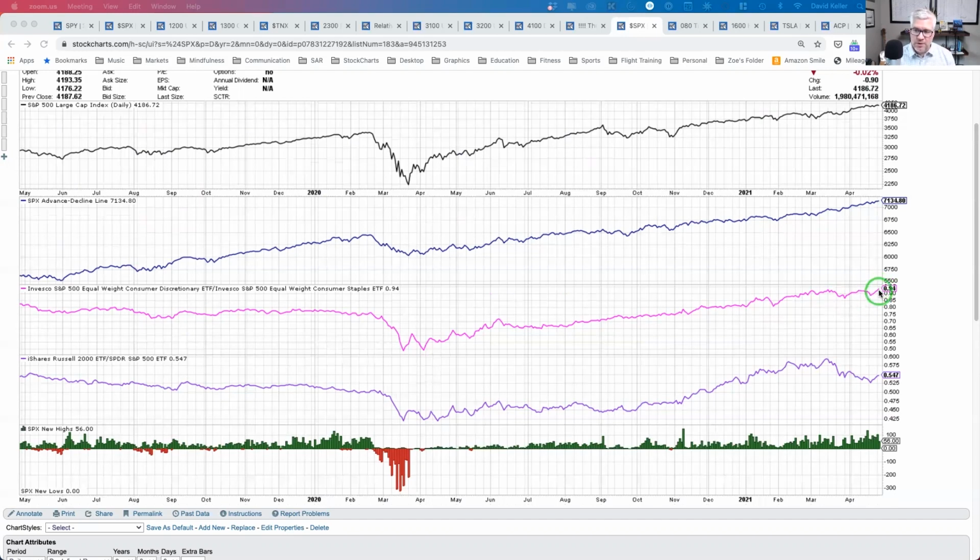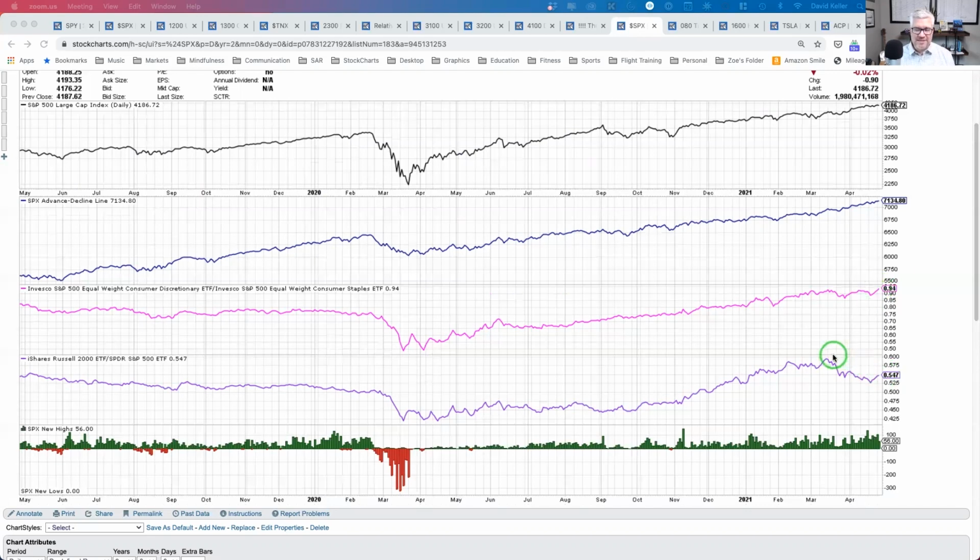So what that's telling you is overall, if you take the entire consumer space as one big group and think of consumer discretionary as the more offense and consumer staples as the more defense, overall this trend is suggesting that within the consumer sector, investors are really going risk on, and they're staying with the more risk oriented consumer discretionary stocks. So overall, that is another thumbs up for the uptrend.